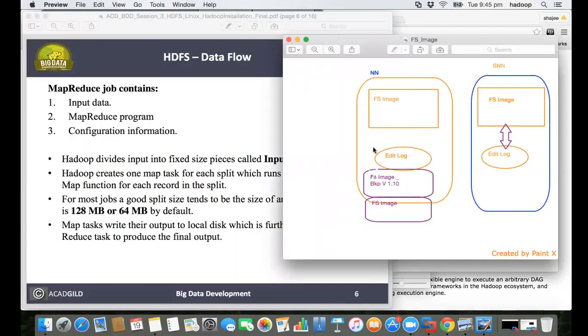Okay. So whenever we start the name node, does it go and talk to the secondary name node and get the FS image? I just wanted to understand, as soon as we start a name node, what is the background picture of what happens? All right. No, it does not directly speak to the secondary name node. So what exactly is going to happen is, the moment I start my name node, the first and simplest task it is going to do is take up this FS image from my